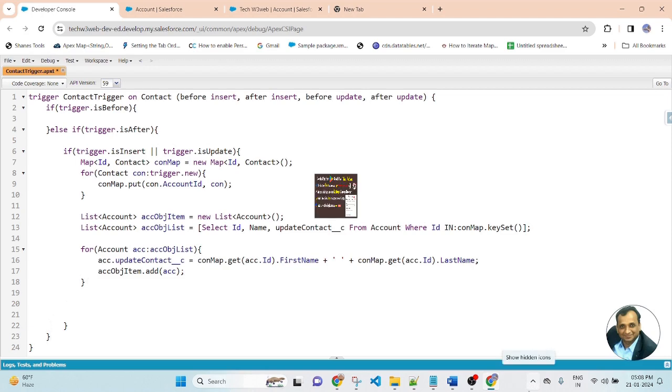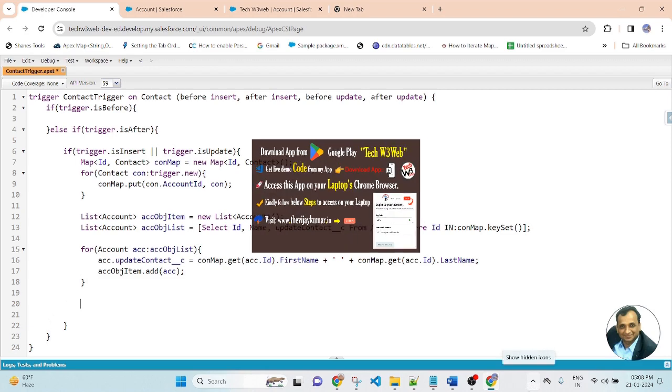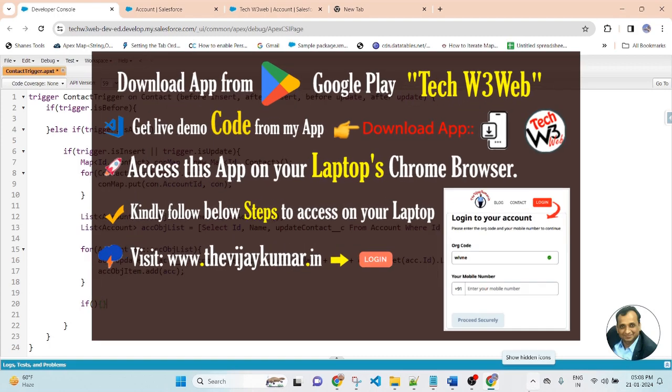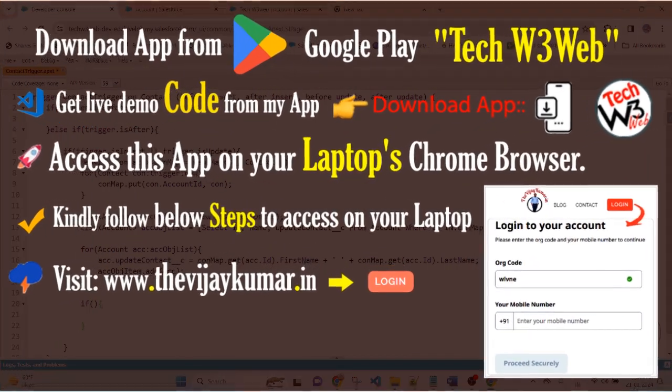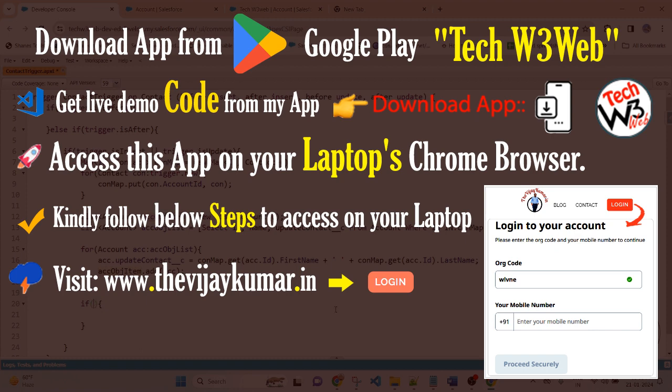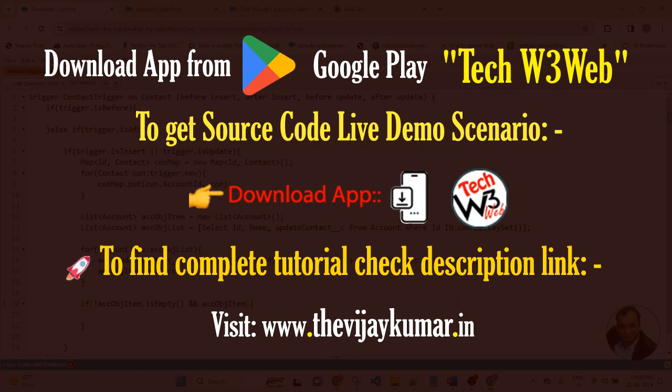After the for loop, I will check if this account object item is not empty and size greater than 0. This is represented as not accountObjectItem is empty and accountObjectItem dot size greater than 0.